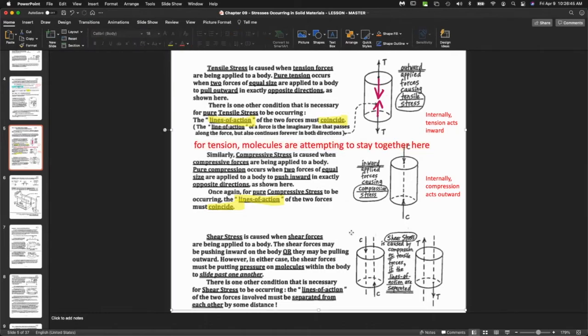So that's basically the idea there. For compression,